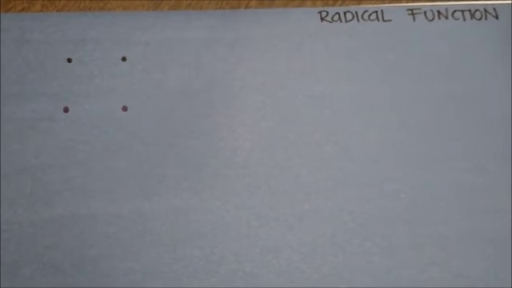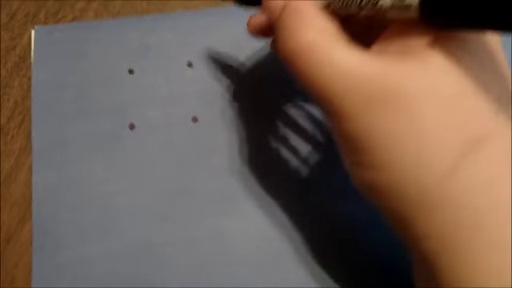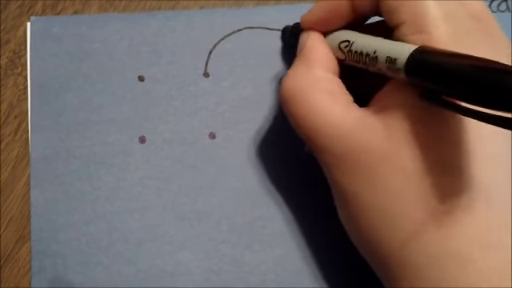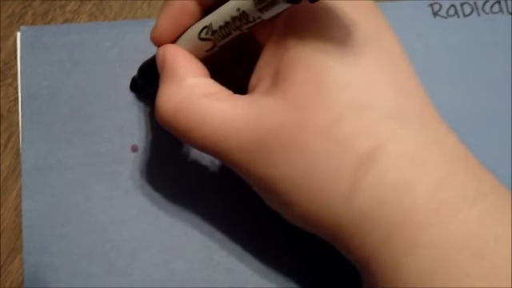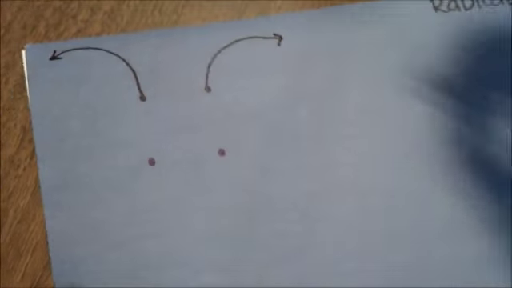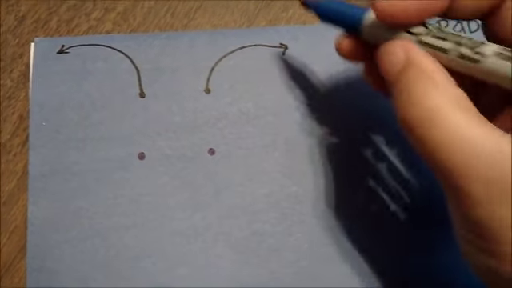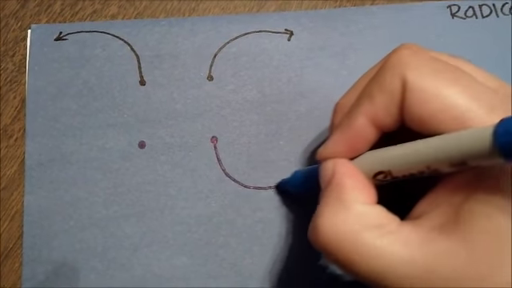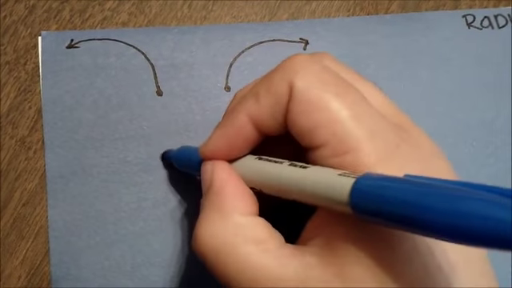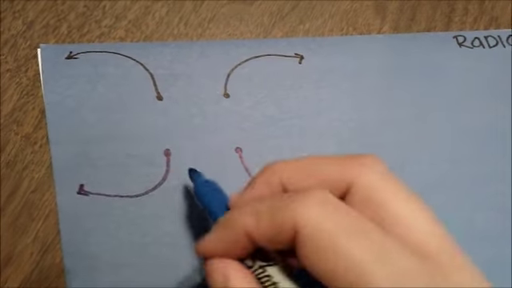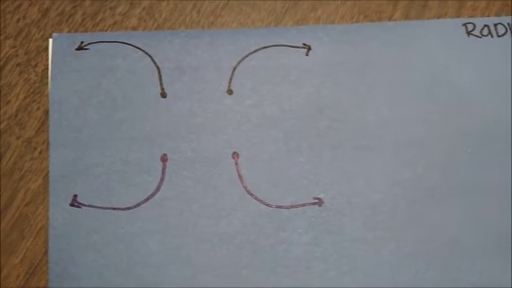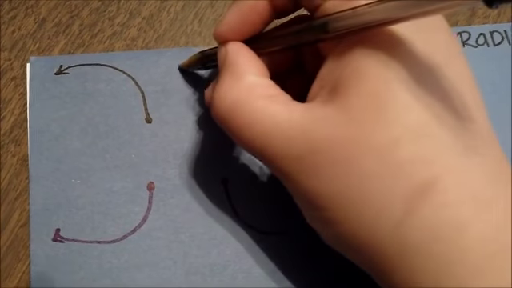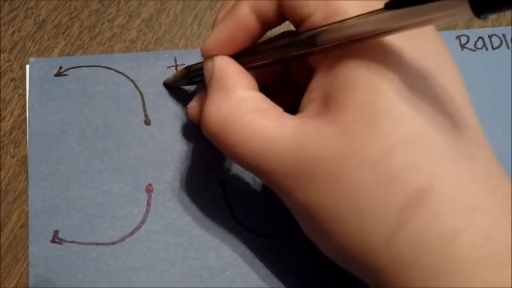Okay, let's move on to radical functions. Remember your review needs to be in your diary. We have 4 options for radical functions: upwards, rightwards, leftwards, downwards, leftwards, and rightwards. What you need to remember is if your sign outside is positive,